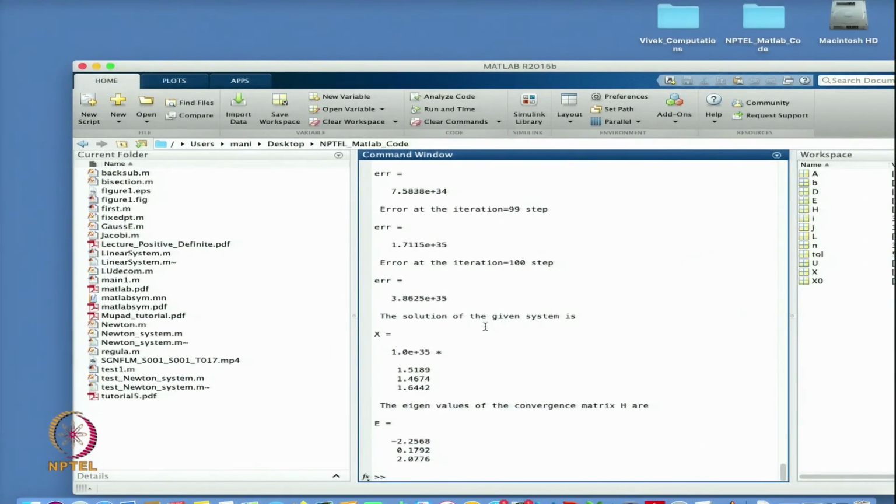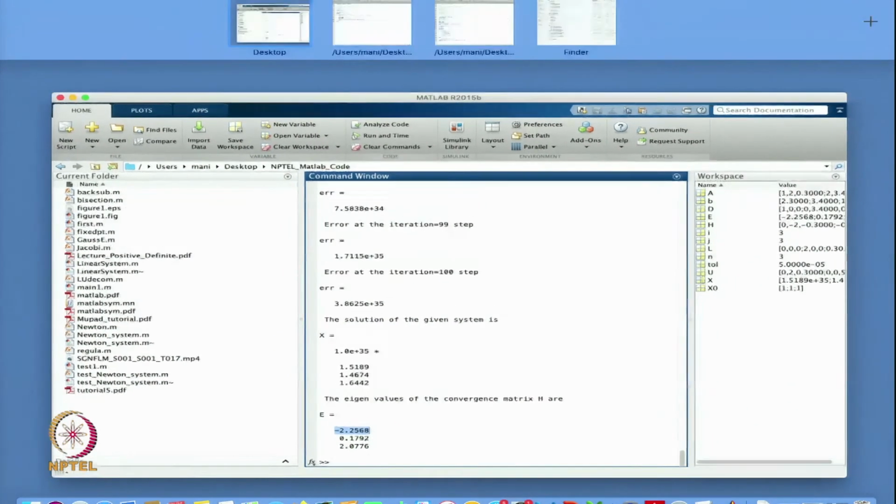So see, now in this case also I am getting my error is very large, infinity. So this system is not going to converge, and from here you can see that the largest eigenvalue in magnitude is 2.25. So if I see here, then this should be less than 1. If the system will converge, then its value should be less than 1. So in this case my matrix is not diagonally dominant.